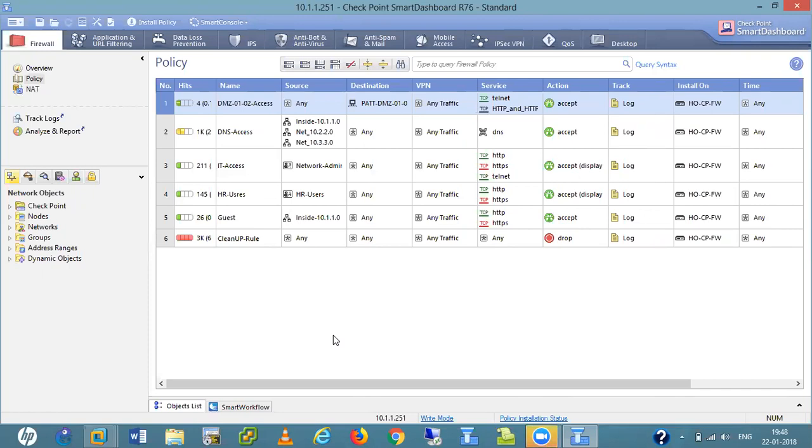Like we generate the self-signed certificate and we import this certificate to our users' computers. Then what happens, the user is trying to send some traffic to any HTTPS website. So our firewall acts as a proxy, right? It issues one certificate to us and it basically makes a session with that website. So that is the theory of this SSL decryption. Means our firewall behaves as a man in the middle and does proxy.